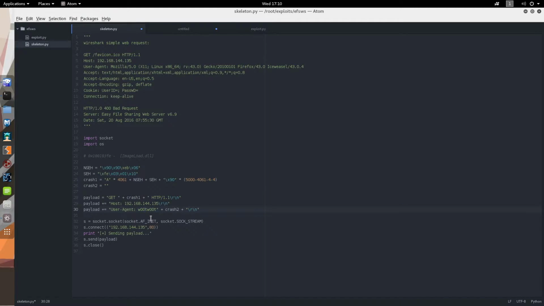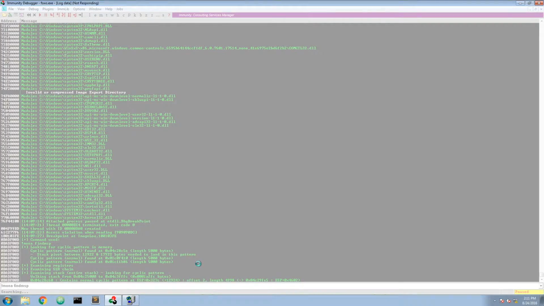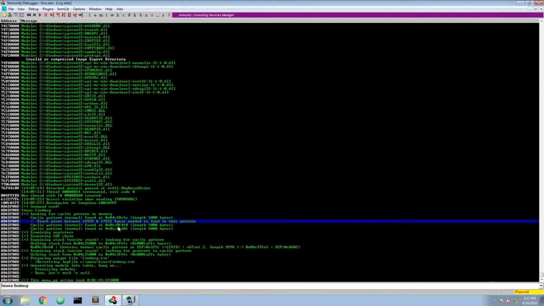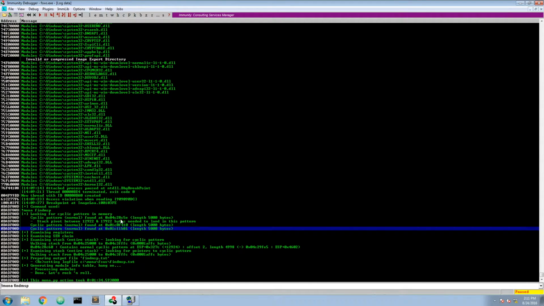To ensure that the egg hunter won't find itself, because we will also have the egg at least one time in the egg hunter, we will write the egg here 2 times. So the egg hunter will only find something if it's 2 times the same egg in a row. There will be several occasions where it will just find itself, so it will find 1 egg, but then it will just continue. Okay, are we done? Now we can just crash it. It was just important for us to see that at some point in memory.